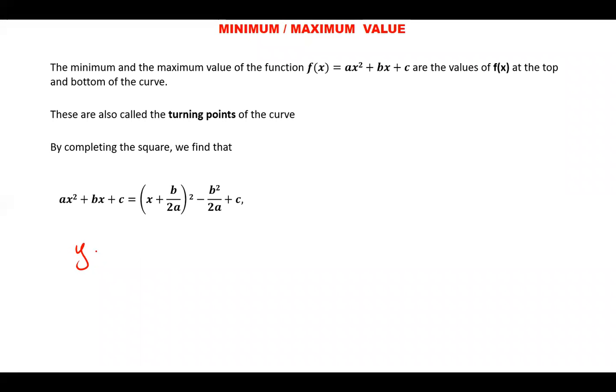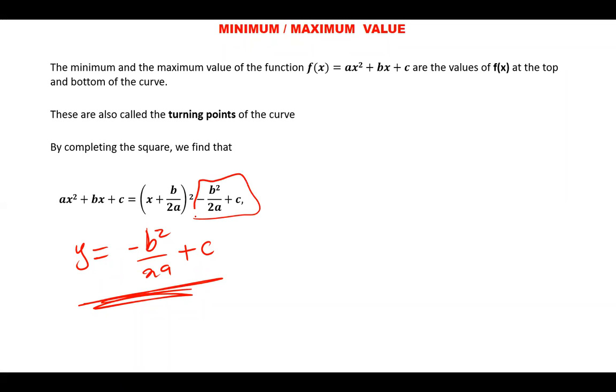Okay, so we say y is equal to negative b squared over 2a plus c. This is what is used to find the minimum or the maximum value. So whatever you get here after completing the square, you call it the minimum or the maximum. Normally, we know to say after completing the square of any quadratic equation, the answer that you get is usually